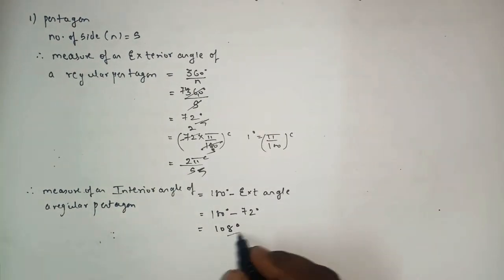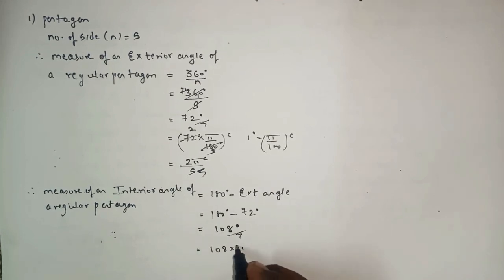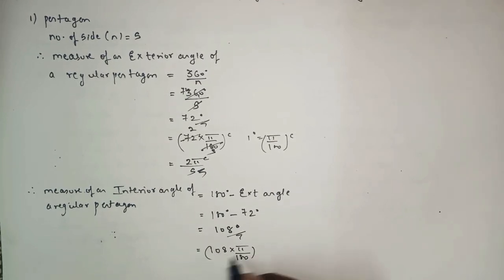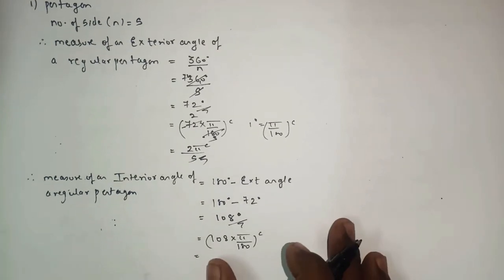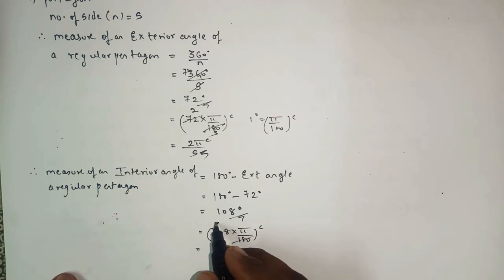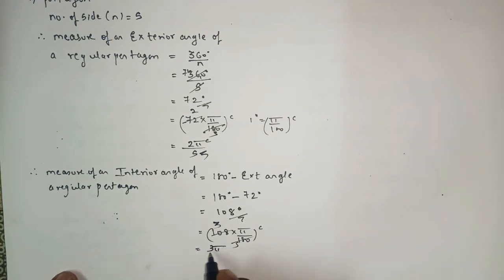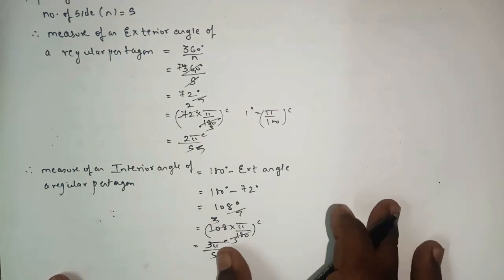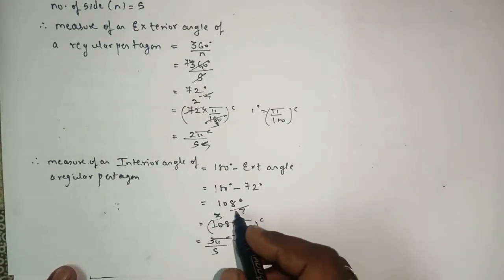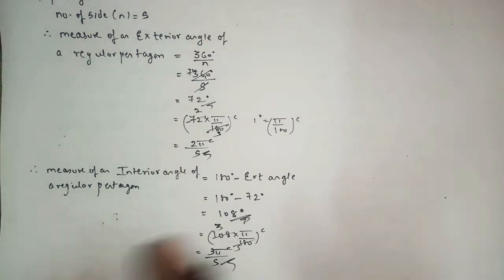So now we'll convert this degree into radian. Simply multiply it by pi by 180. So it will get converted into radian, as both numbers go in 36. 36 threes are 108 and 36 fives are 180. So you will be left with 3 pi by 5 radian. So for the interior angle also we got the answer in degree as well as in radian. In this way you will present your sum in the exam. So let's check one more example.